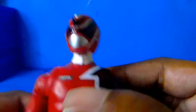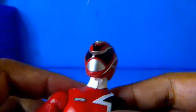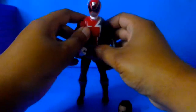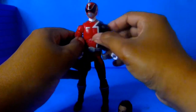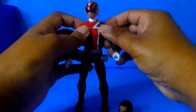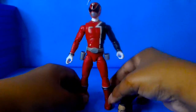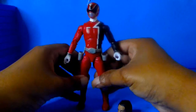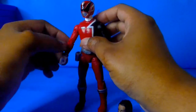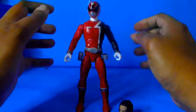It's real nice. And given that I haven't had a new SPD figure for any of the Power Rangers from this team in more than 15 years, because last year was SPD's 15th anniversary, I should have gotten this SPD Red Ranger last year. SPD Blue was coming out later in the year, wait a minute, was it around the time of the Versus packs for In Space Red and Astronomer, and then the SPD Blue Ranger 2 Versus pack with A Squad and B Squad. I will get SPD Blue later, and I was thinking, now that I got SPD Red, when I get Blue